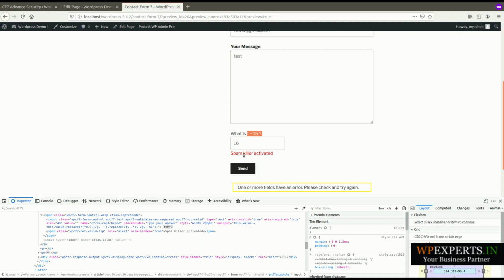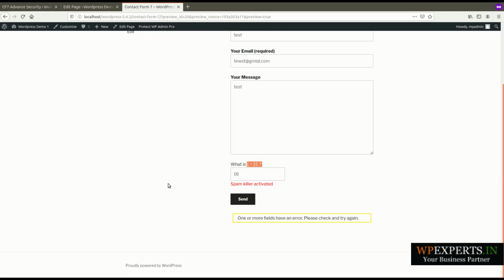The spam killer hidden captcha will not let them submit your form. It is very useful to stop spam, so you can say our plugin is the spam killer of Contact Form 7.